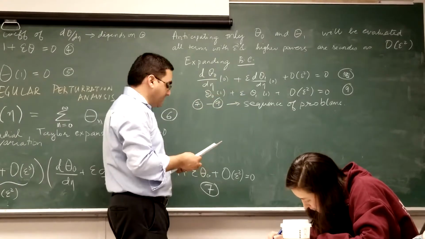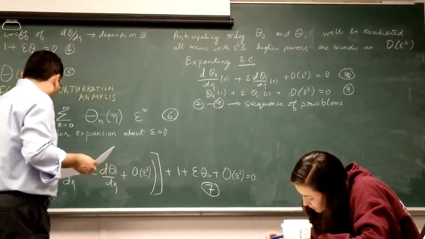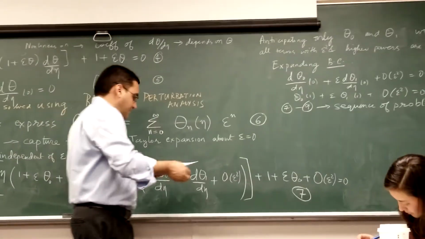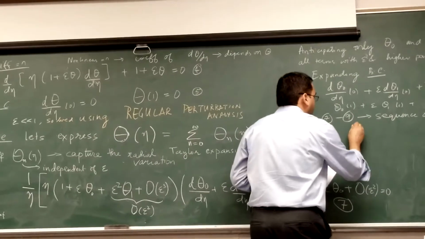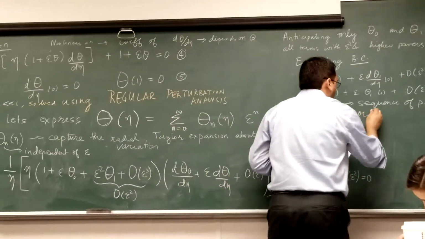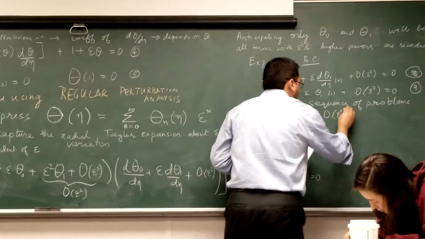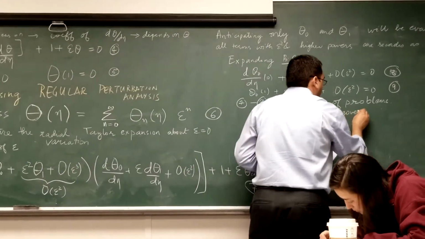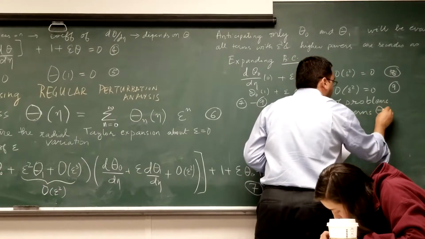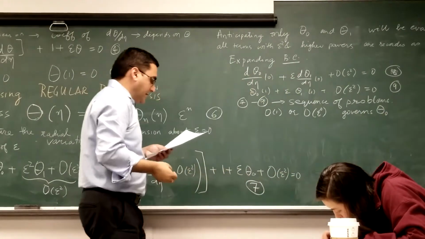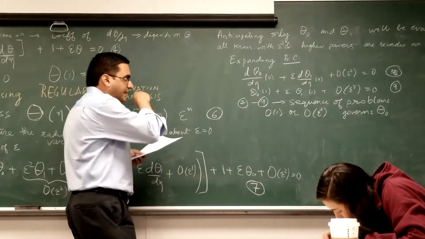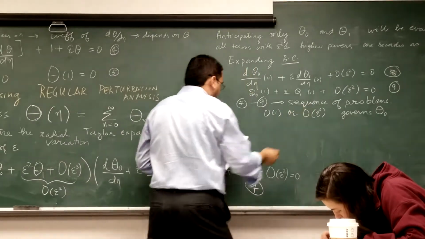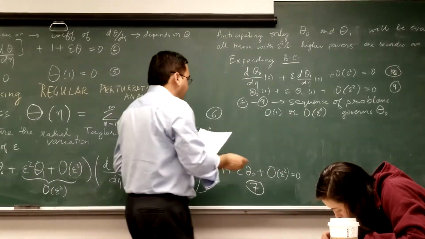The steps include pulling out all the terms, so we'll say the order 1, or order of epsilon raised to power 0, governs theta naught. And to solve that order epsilon to the power 0 problem, we are going to make the assumption that,